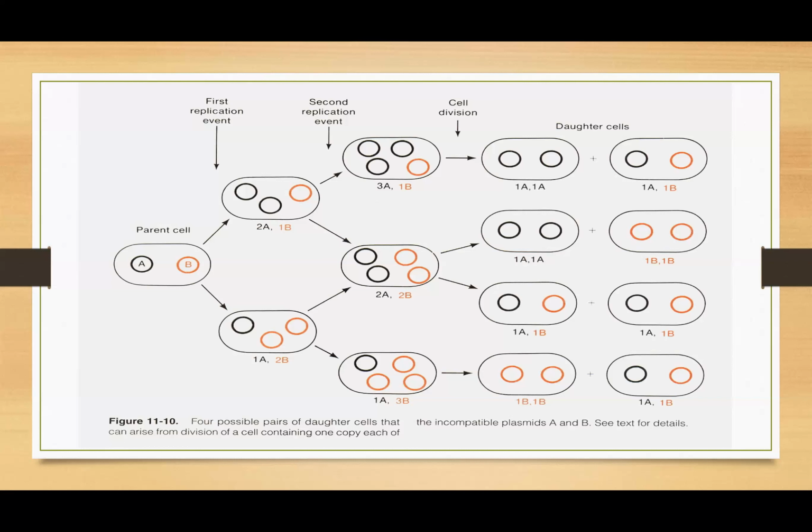So this incompatibility can also be explained based on this repressor hypothesis or theory. Because they share a repressor, or their repressors are identical or similar enough to interfere with each other's replication, that is the reason why the two plasmids cannot coexist or cannot be maintained generation after generation. Okay, so with this, I conclude